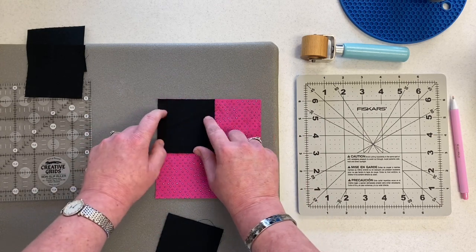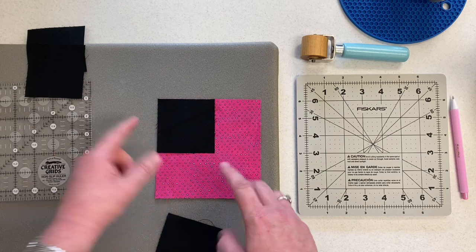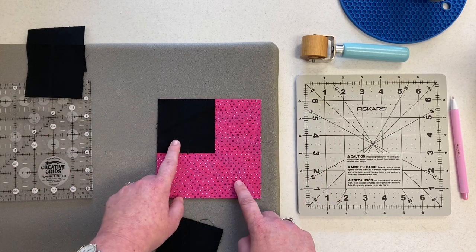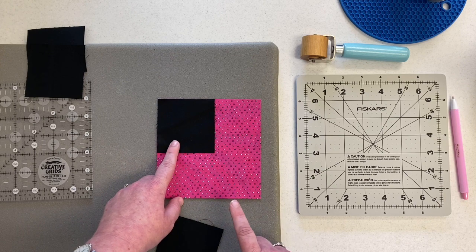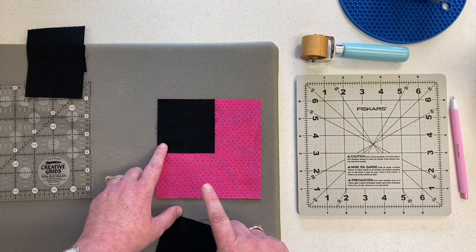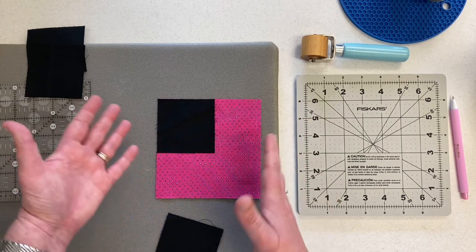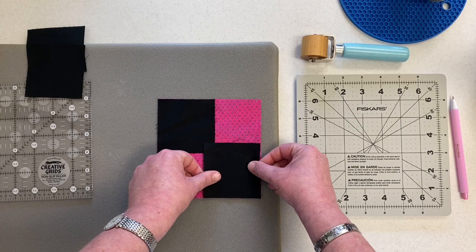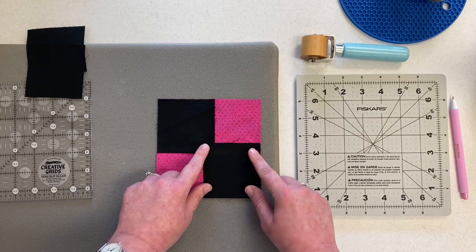And I will tell you a tip: before I cut my fabric to the size that I know I need based on the pattern I'm working with, I starched it really well and ironed it dry. And to me, working with a really nice starched fabric makes it easier when I'm working with piecing where I need to be accurate. Then I put my second one right here,